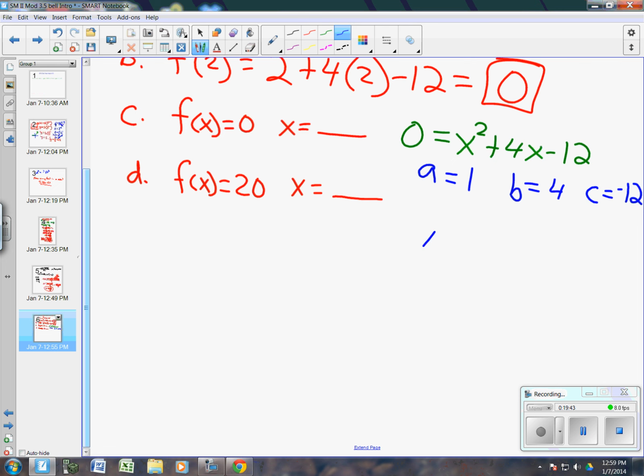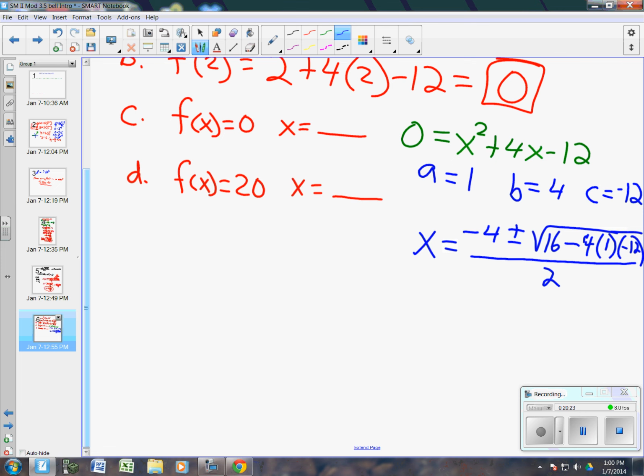Quadratic formula says x equals the opposite of b. What would the opposite of b be? Negative 4. Plus or minus the square root of b squared. What would b squared be? 16, because it's 4 times 4, right? 4 squared is 16. Minus 4 times A. What's A? It's 1. What's C? Negative 12. Don't forget it's negative 12. That's really important, or you get it totally wrong. And over 2A,